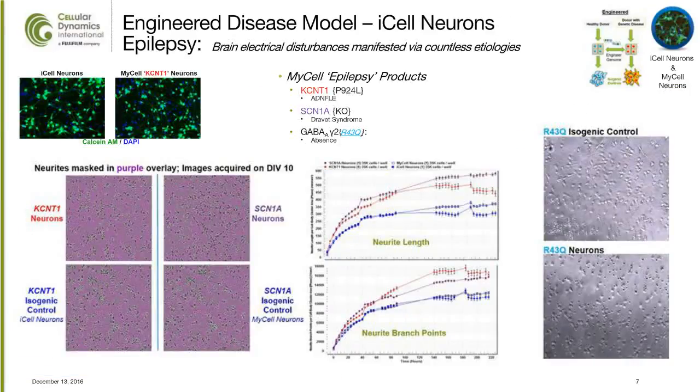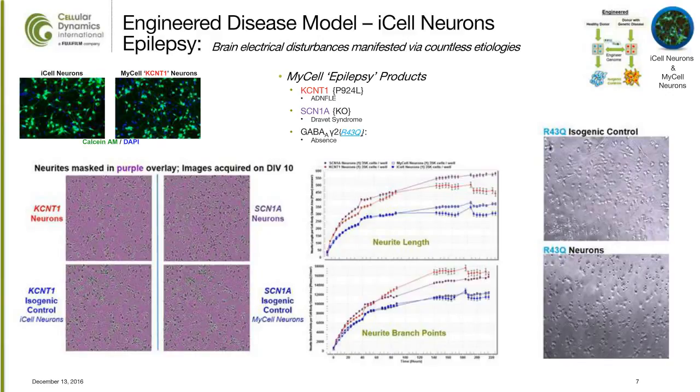The epilepsy lines that we've investigated, and in this case I will present 3 different lines, are a KCNT1 mutation, an SCN1A mutation, and a GABA-A gamma-2 R43Q mutation. These all confer different epilepsies in the clinic. All of these neurons can be plated the same as their iCell neuron counterparts, controls, and they all show good growth and dendritic outgrowth. But one of the things that we've been able to capture using an IncuCyte Zoom